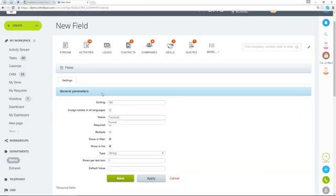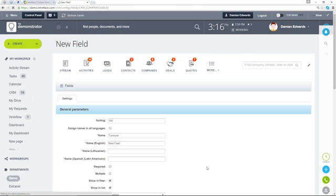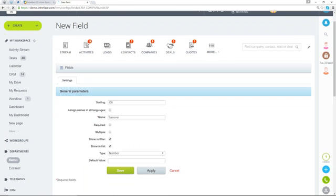Okay, so if we add a field here, as Damien said, he wanted a field called turnover. You can make that a required field if you like. In this case, we're not going to. We're just going to create it as a number field. So if we save that,